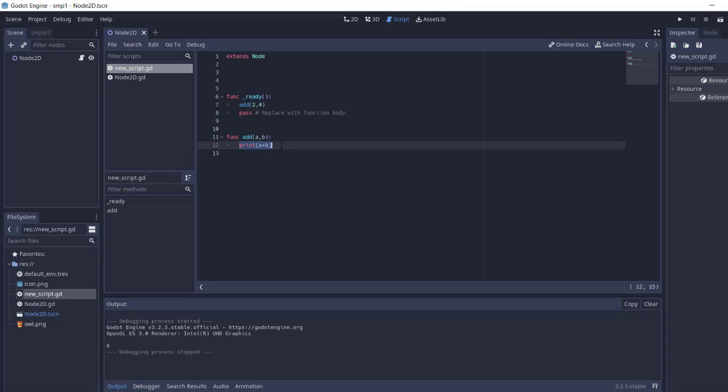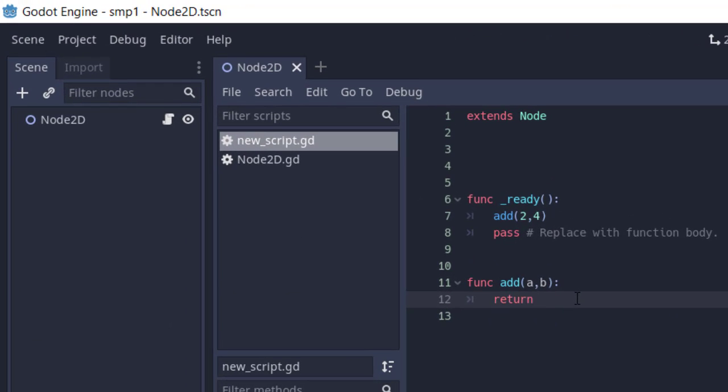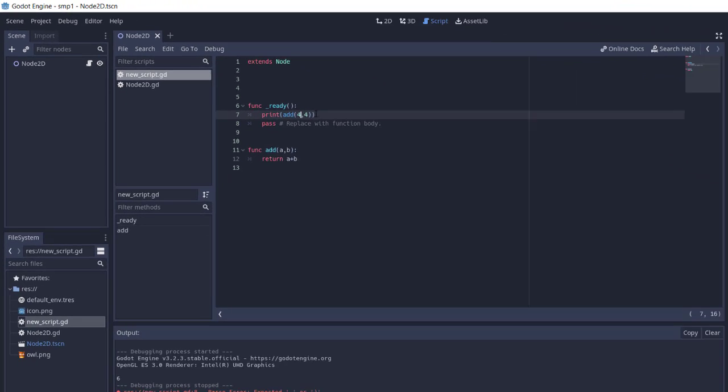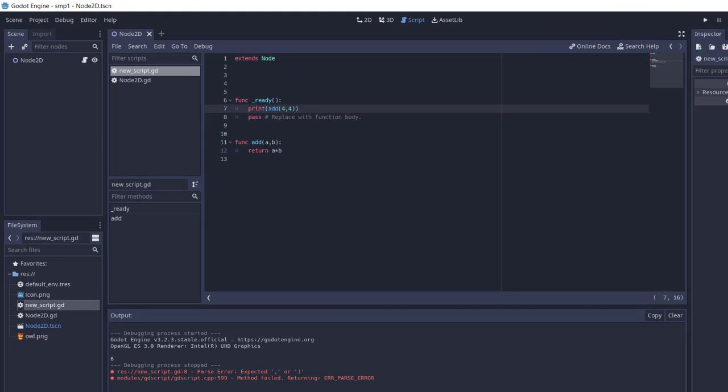Similarly, you can also use a return statement. So return a plus b. However, when you return, make sure that your add call with 2 and 4 is within this print. Okay, now here let's add something different. So we add two parameters here, 4 and 4, they get sent to your add function, then they should return a value of 8. So run the project,